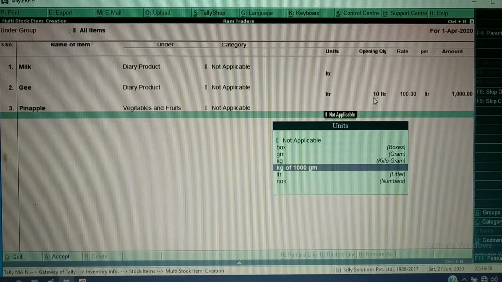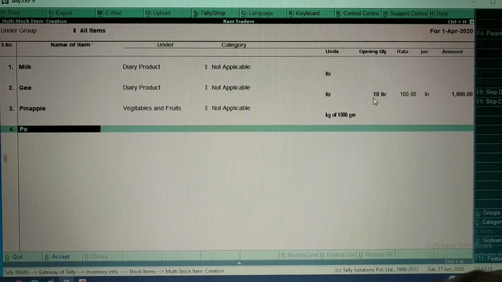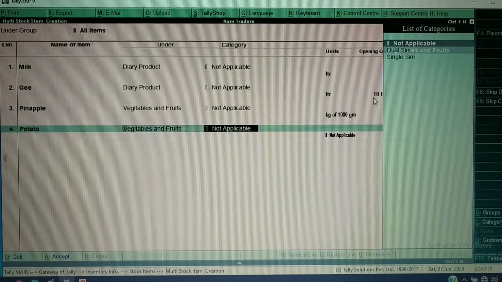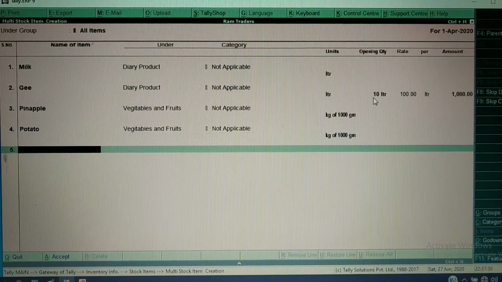I will select kg of 1000 grams, because if the measurement is done with kg and grams, at that time I need to select kg of 1000 grams. Now next one is potato. For these vegetables and fruits, here also you need to select kg of 1000 grams.